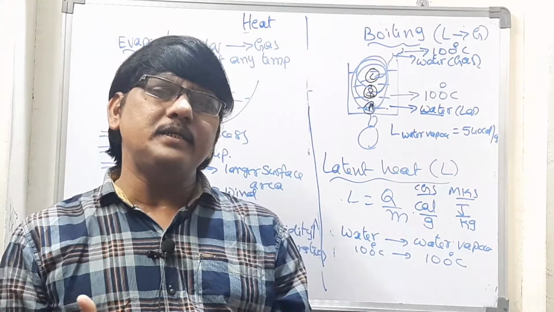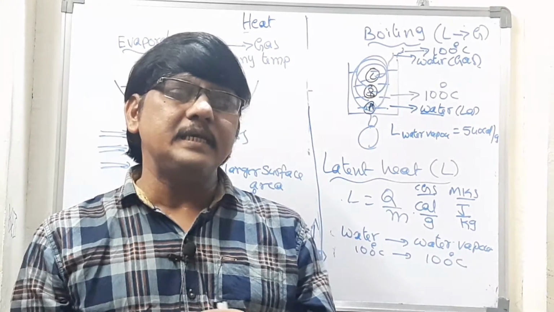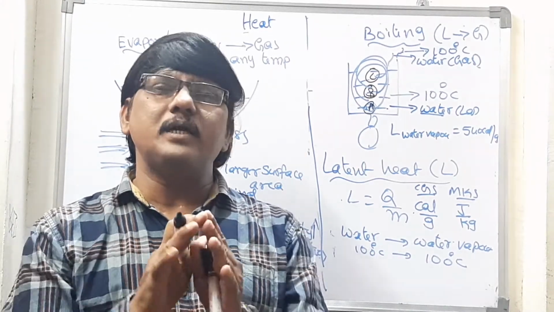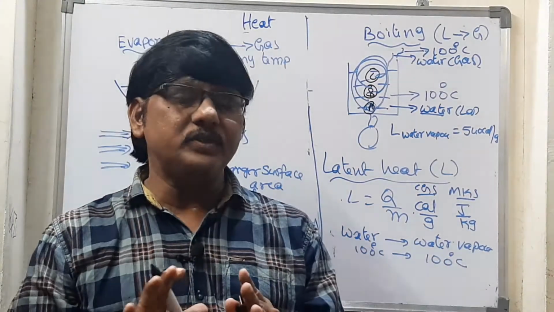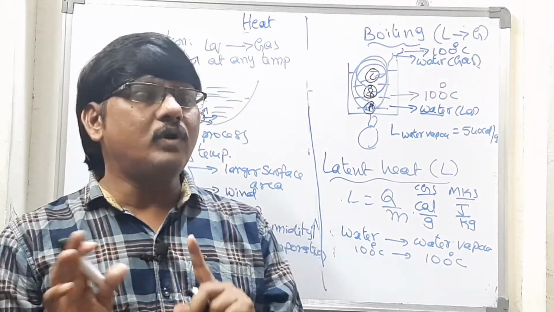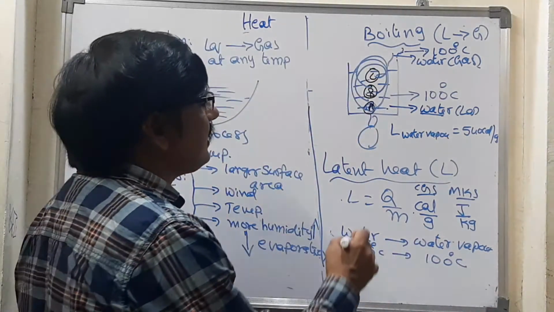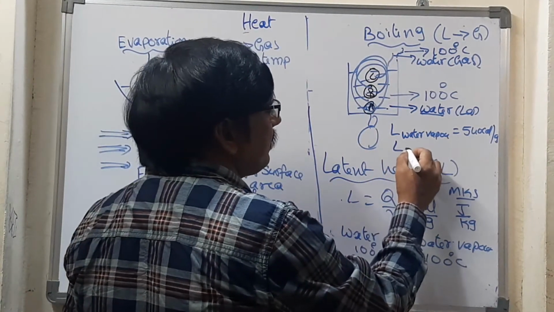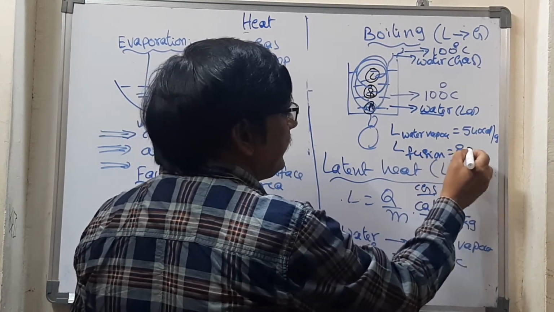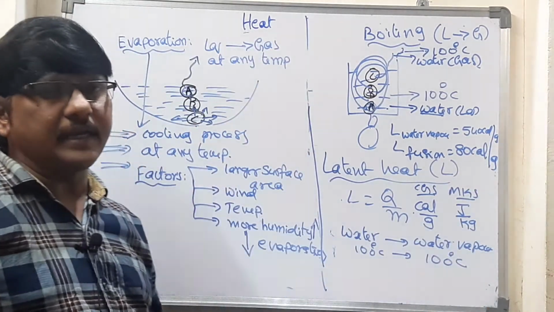But we supplied energy, otherwise the energy would be absorbed by the atmosphere. What about that energy? That energy is used only to change the state, not the temperature. The temperature remains the same, but what changes? The state changes. What do we call that? We call that latent heat only. How much is that latent heat? Latent heat of fusion, how much can we take? That is 80 calorie per gram.